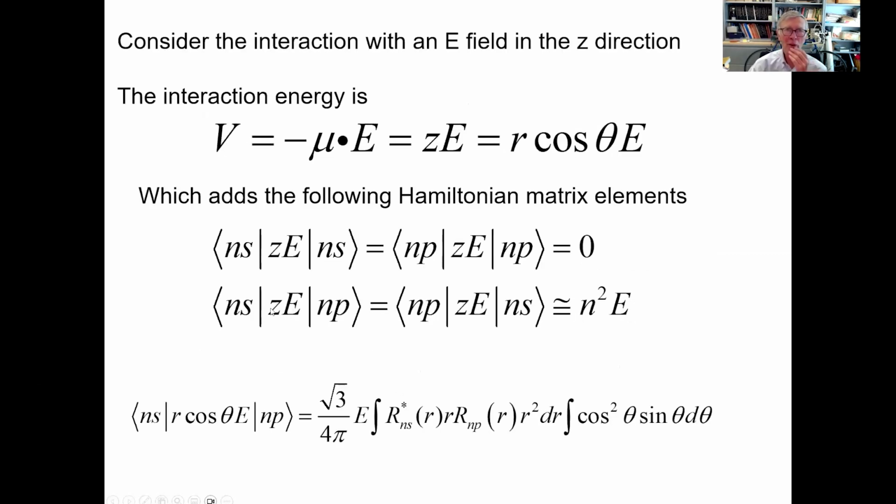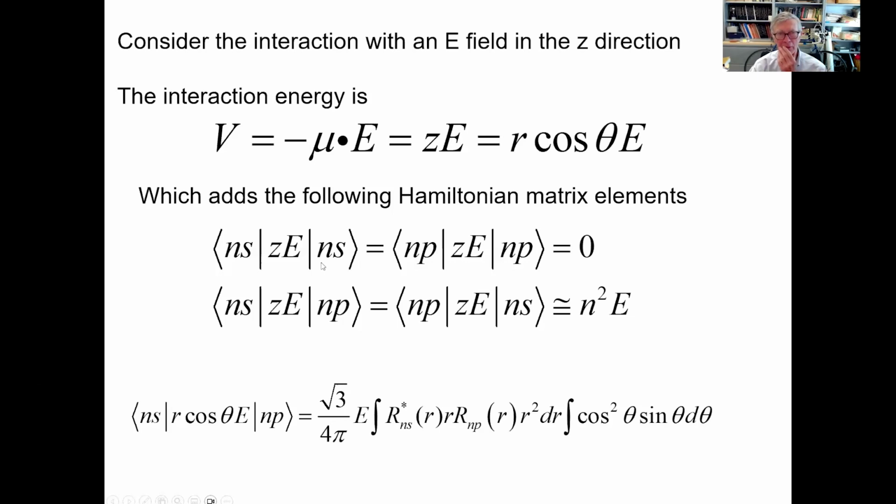Okay. So now I want to consider adding an electric field in the Z direction that produces this interaction energy that looks like R Z E, which is R cosine theta E. So when you compute the Hamiltonian matrix elements, which look like this for the NS and NP state, you find that for NS going to NP and NP going to NS, they look like n squared times E. Okay. But if I compute the matrix element between NS and NS here, replace this NP with NS, I get